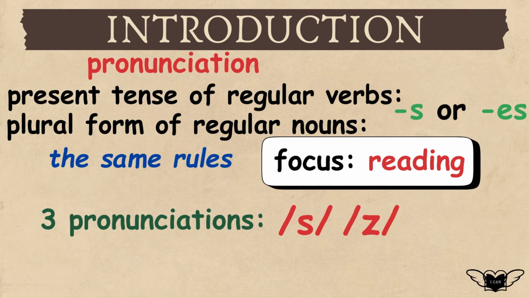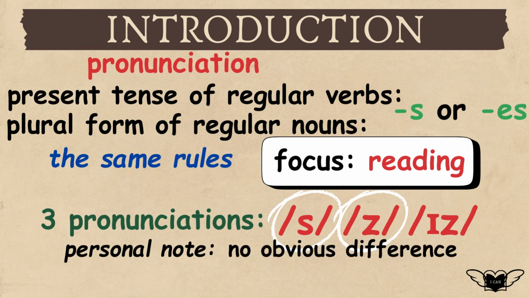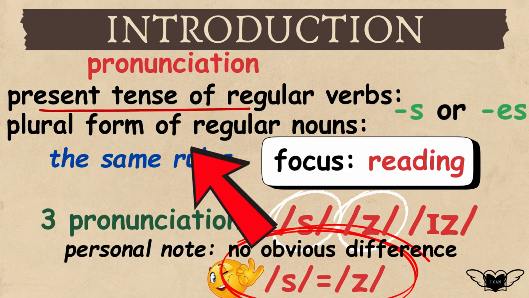z, and is. On a personal note, since the difference between the s and z sounds is not very obvious, it is safe to use the s sound for z. This is only for the present tense of regular verbs and plural form of regular